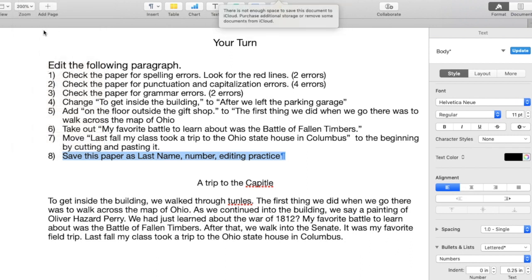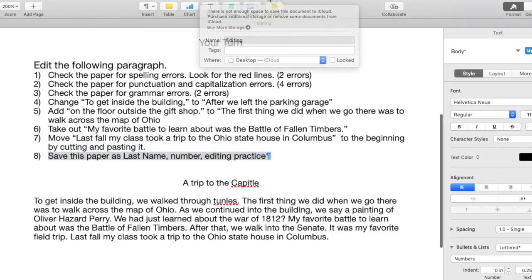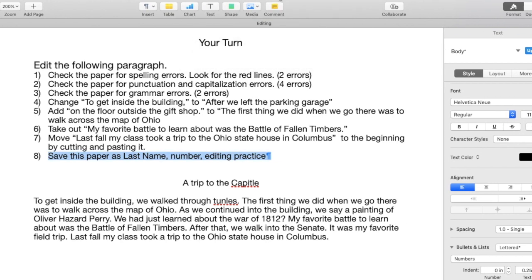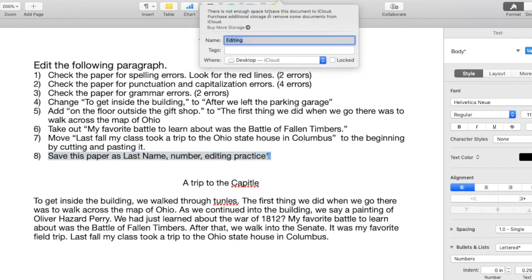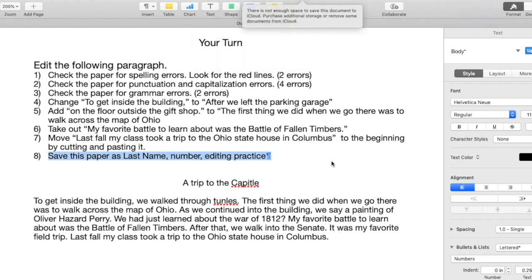and you are going to go up here now. Click there on that little line there, if it'll let me. There we go. You're going to type in your last name. My last name is Duhan, comma, your classroom number. I'm just going to make up a number 3 for myself. And then you're going to do the same thing as I am here in editing, practice. Okay, so make sure your paper is saved. Go ahead, do this part on your own. When you are done, move on to the next